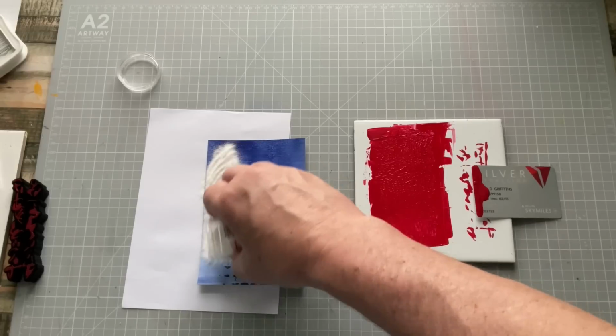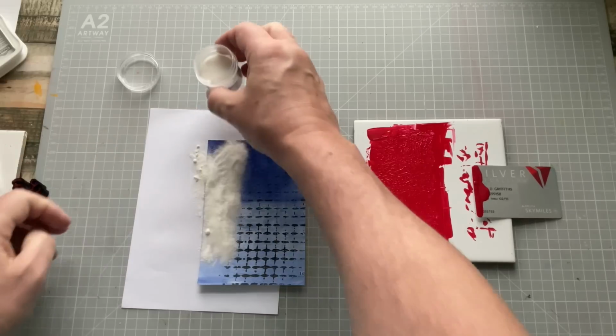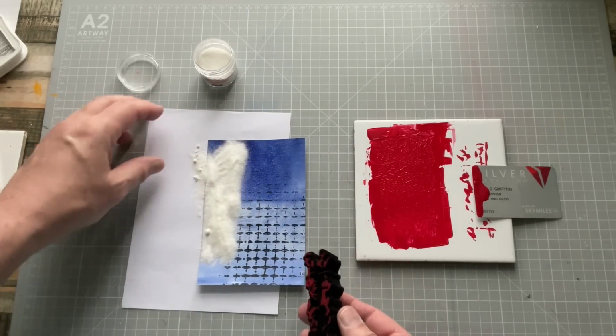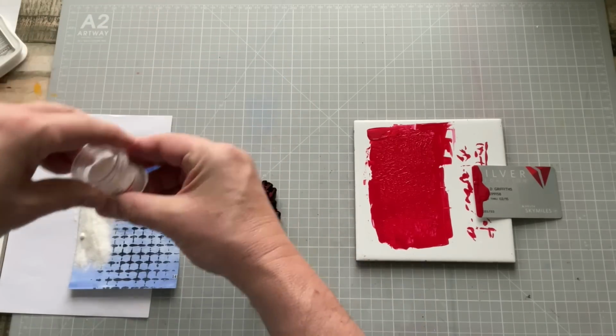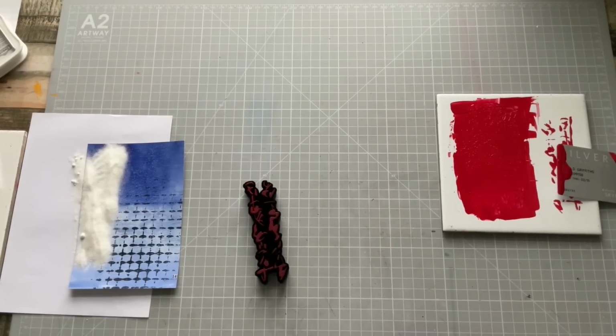And what that will do, obviously, means that the embossing powder, which is a bit lumpy today, will stick to the stamp. So I'm going to move that to one side a second, just so it's thinking about itself. Put the lid on that because I'm notorious for knocking that over. And I'm going to pull in one of those,